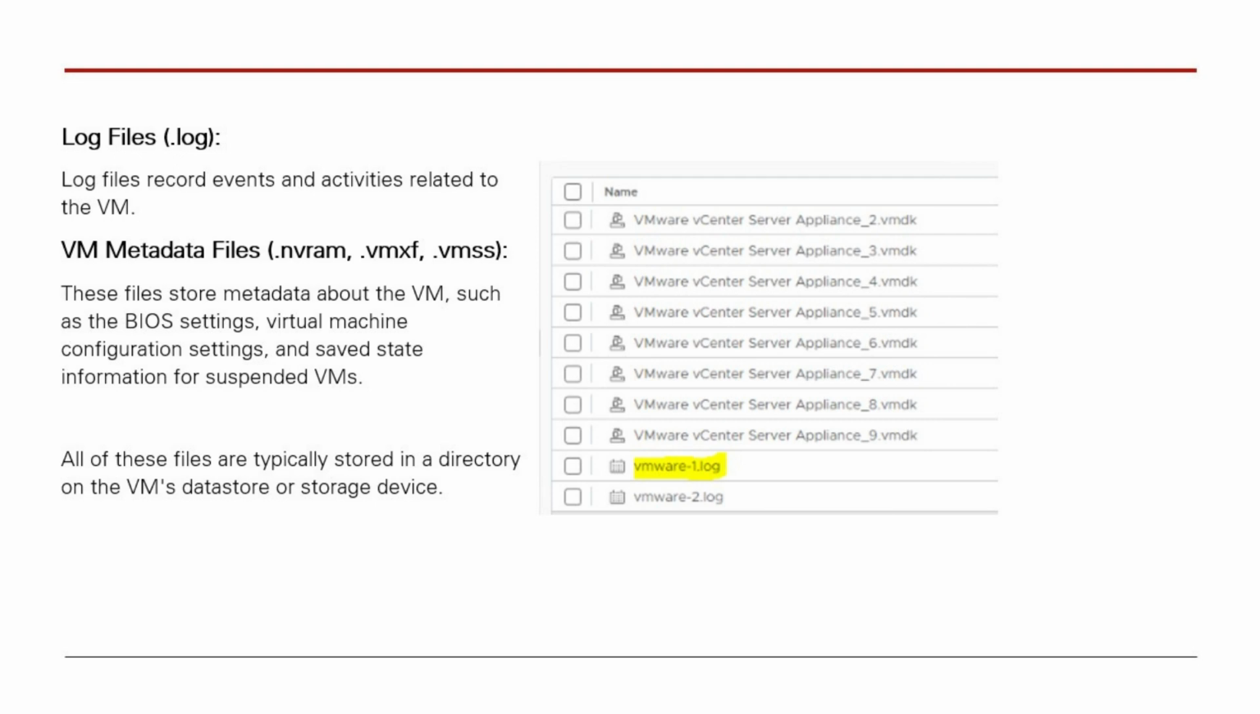VM metadata files, .nvram, .vmxf, .vmss. These files store metadata about the VM, such as the BIOS settings, virtual machine configuration settings, and saved state information for suspended VMs. All of these files are typically stored in a directory on the VM's datastore or storage